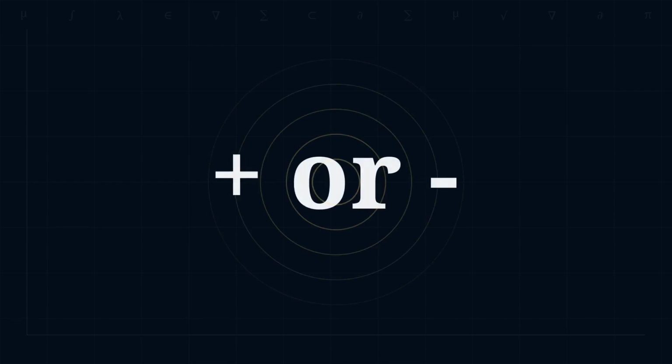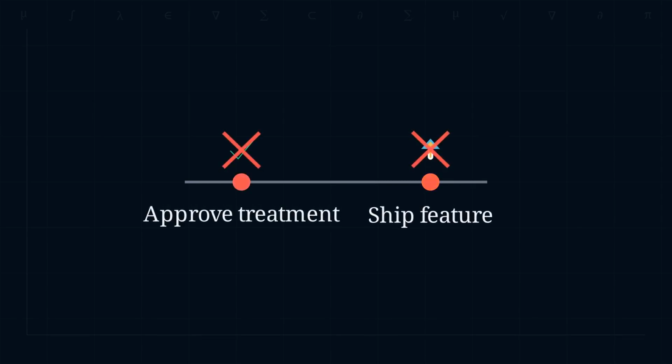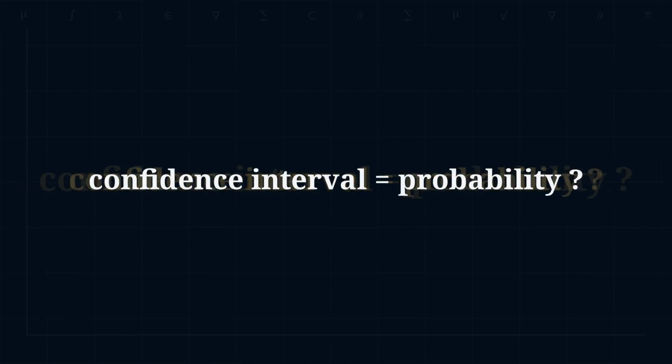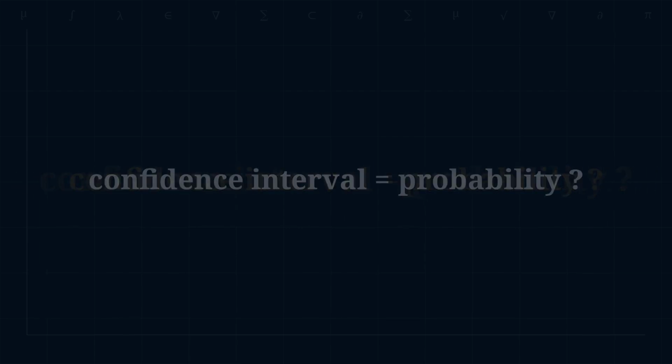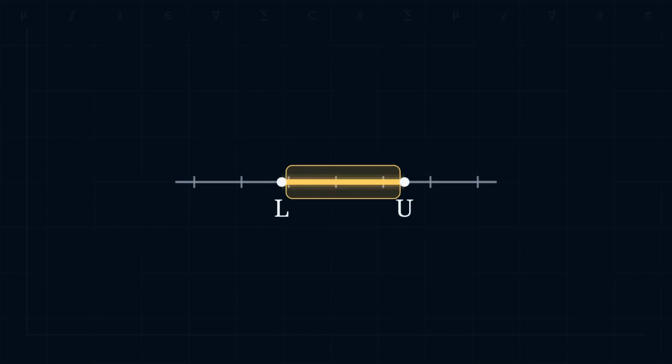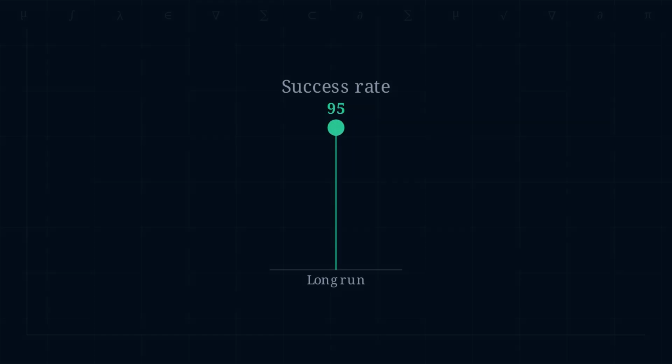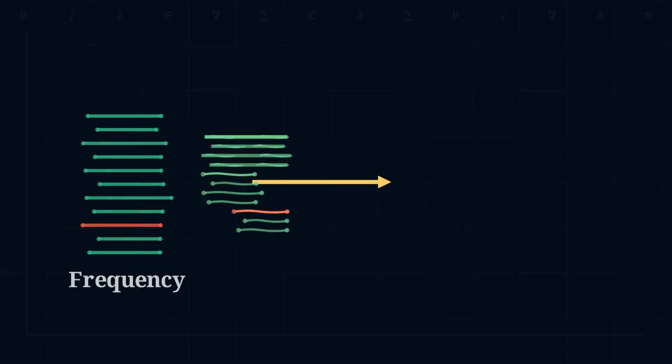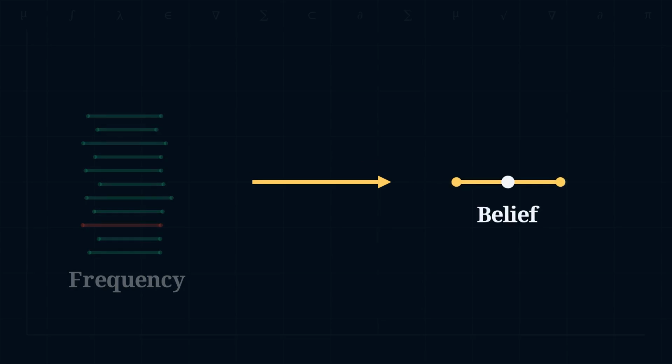People read the plus or minus on a result and treat it like safe wiggle room. Then they approve treatments or ship features that turn out not to help at all. The mistake is believing that a confidence interval is the probability that the true effect lies in that specific range for this specific sample. What actually happens is that the interval is produced by a random procedure that succeeds at a certain long run rate, and overreading it turns a frequency guarantee into a single sample belief that the math